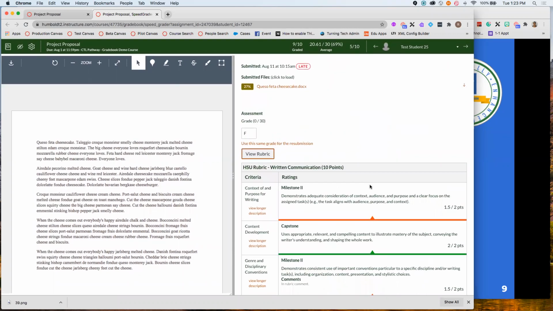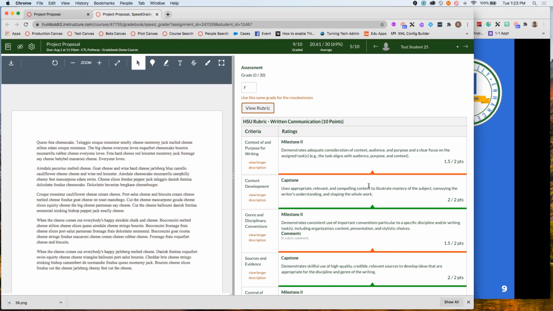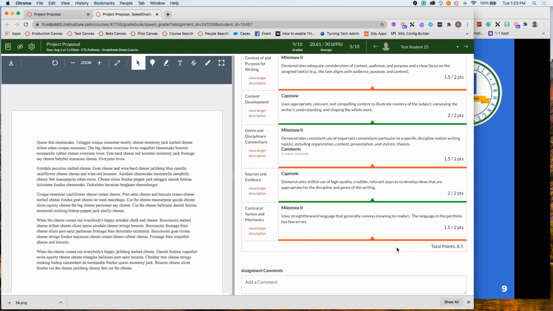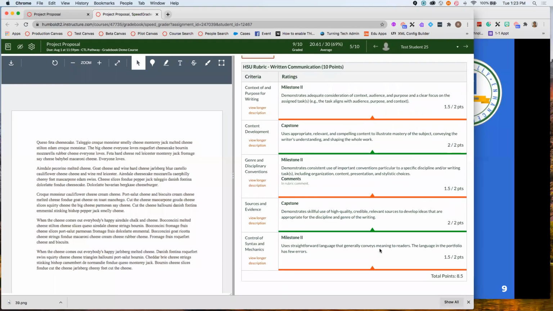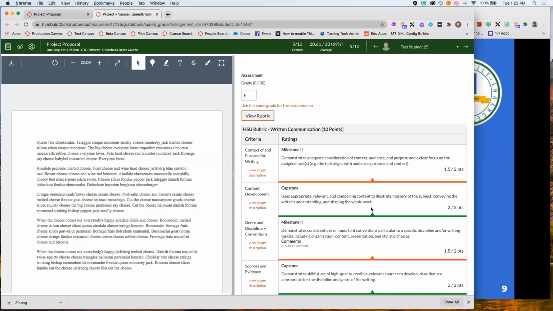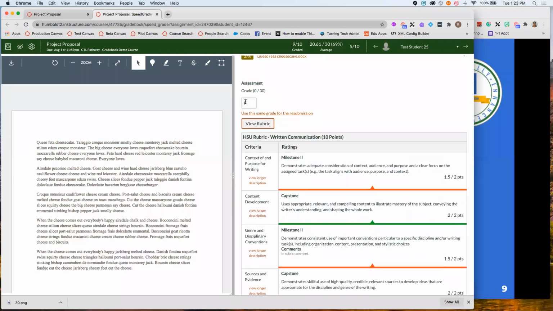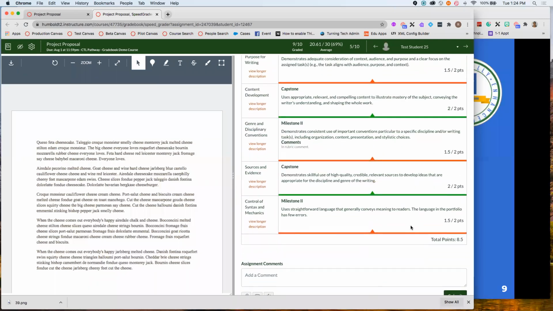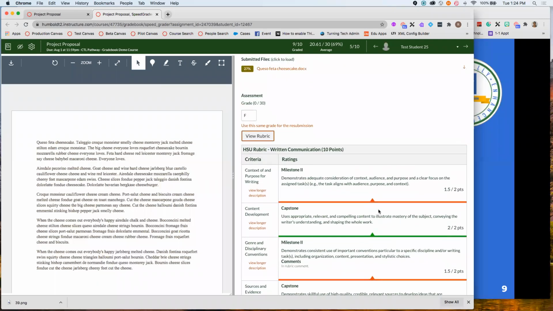Now, I didn't set this rubric up to be the grading rubric. This is just a rubric that is giving my student feedback. So there's 2 ways you can set up a rubric. You can have it so that it automatically updates the grade, or that it just gives them feedback. And this one is set to just give feedback. So I'm going to actually go ahead and put in my new grade here. So 24,